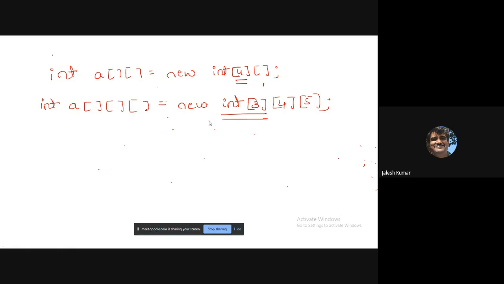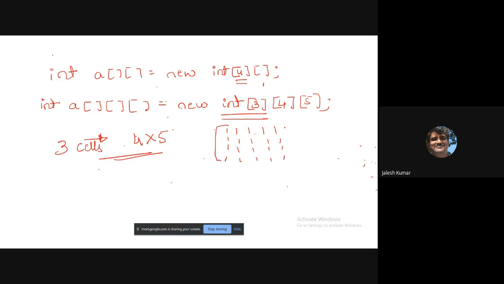See, when you are mentioning 3 cross 4 cross 5, that means we are having three cells of size 4 cross 5. This is the meaning: if you mention 3 4 5, you'll get 3 matrices. Let us consider 4 cross 5. Let us consider 1 2 3 4, 1 2 3 4 5, 1 2 3 4, 1 2 3 4, 1 2 3 4.